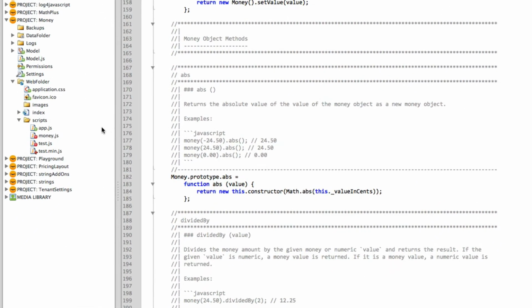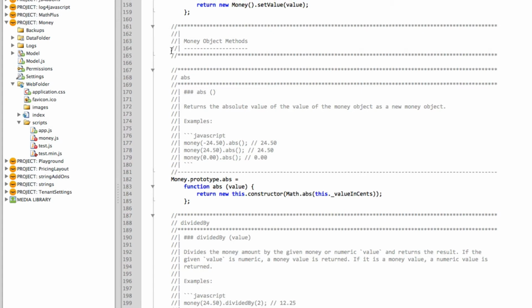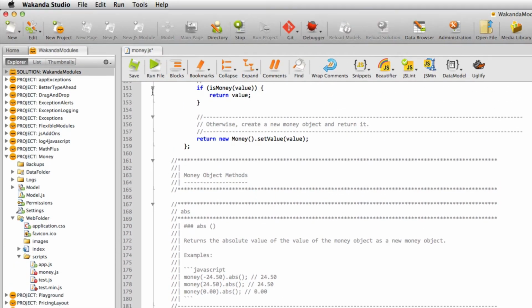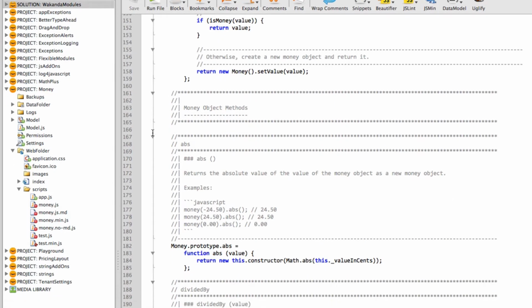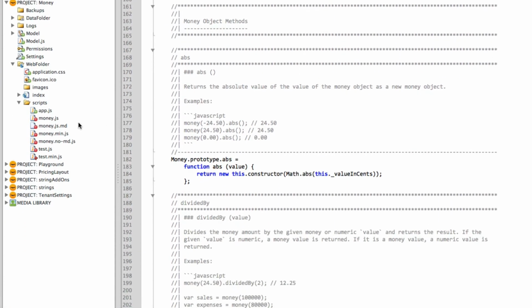If you notice over here under my scripts, I've got a money.js script. That's this file right here. Anytime I save this file or any other JavaScript file, it's going to go through and look for these kinds of comments. If there aren't any, nothing will happen. If there are, here's what happens. Let's save it. It can be saved in any way. It's going to create a